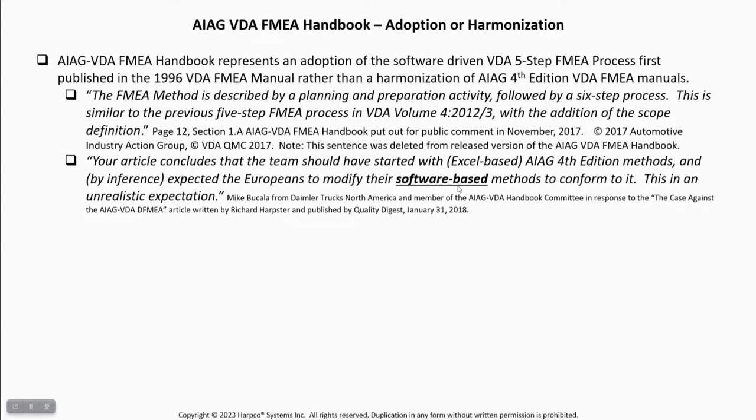I actually wrote an article in Quality Digest. I forget the title. I've written several articles. I talk about what I thought the AIAG and VDA should have done to harmonize the two methods. I recommend go to Quality Digest, look up my name. It might even be called what they should have done. I forget the title. But I explained, basically what happened was, it was like if